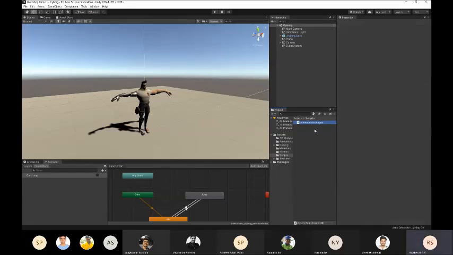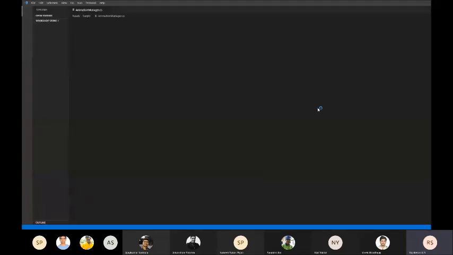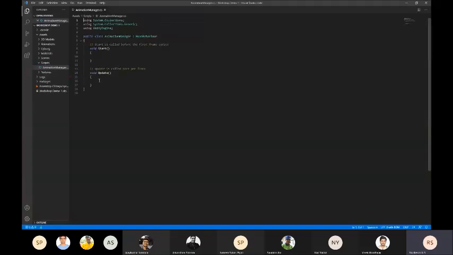Right, so I'll double click the script. Double clicking the script will open it in my IDE of choice. You can use any IDE. I'm using Visual Studio Code because it's very lightweight. So any new script that you create in Unity will always have these components over here. These are the libraries.